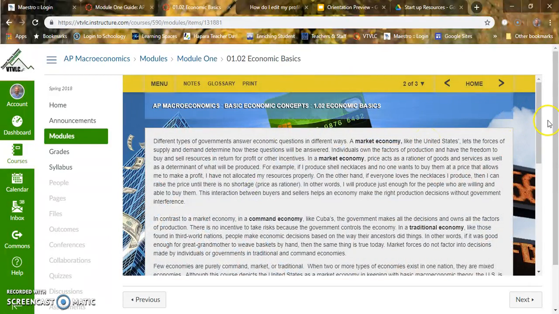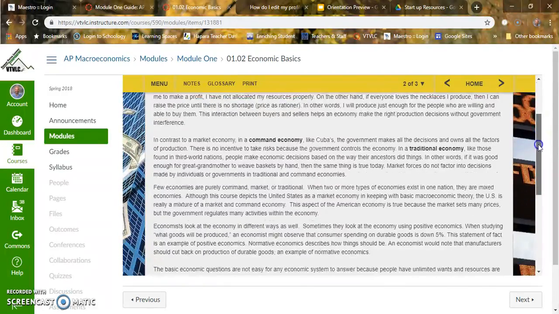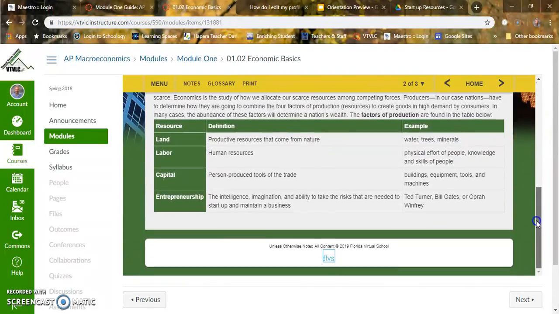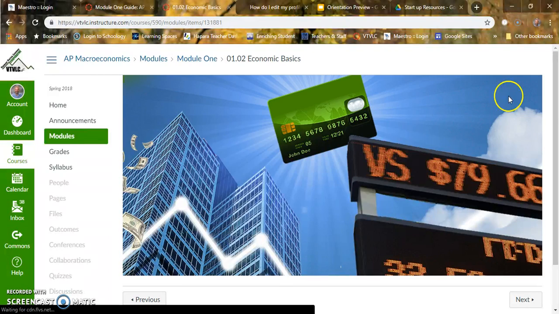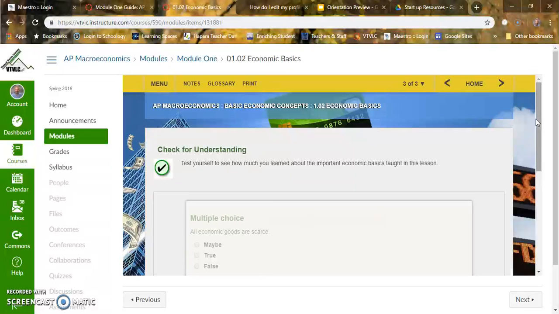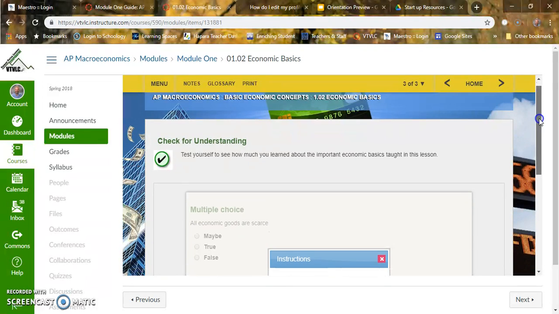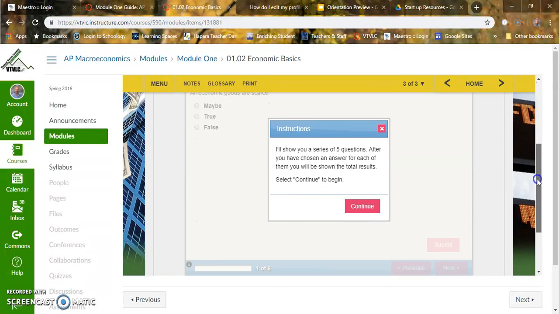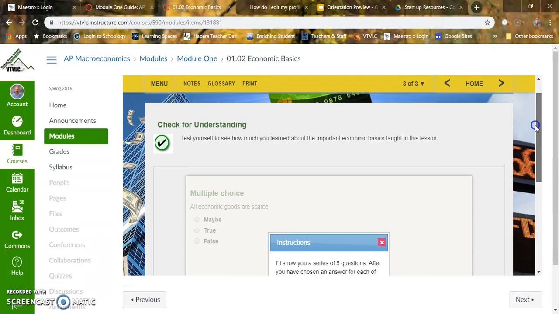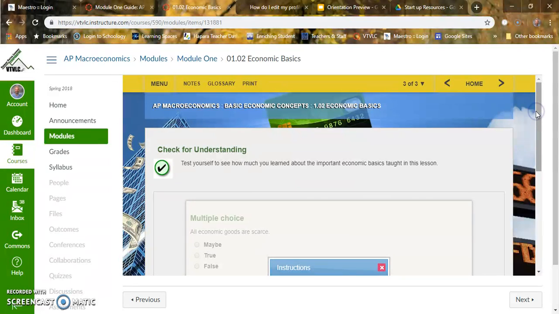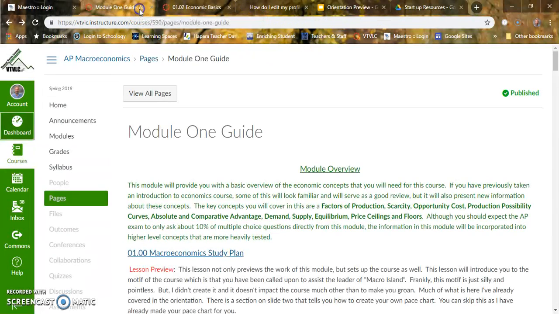The second slide starts to give you the actual information that you will need to know. And then generally the third slide gives you your assignment, whether it's an assignment or it tells you to take a quiz or gives you a little practice to get ready to do that. So that's how most of those are set up. So once you've read the lesson, then you want to come back to the module guide,